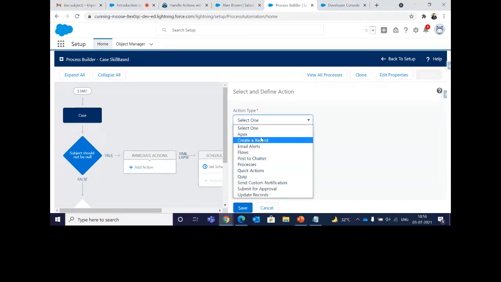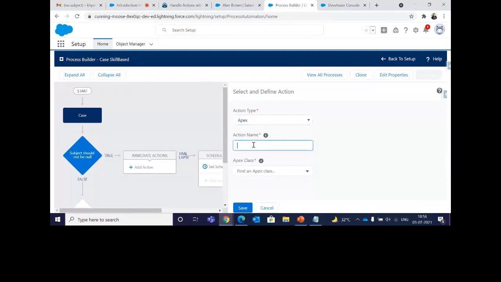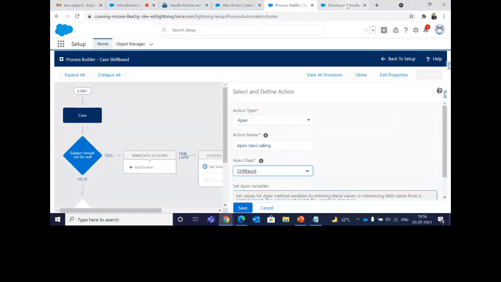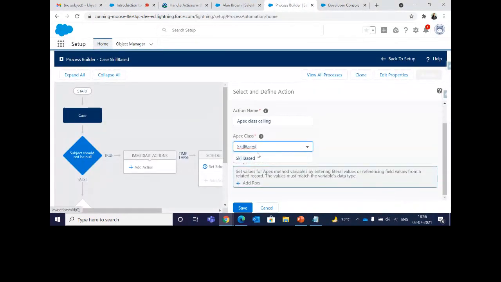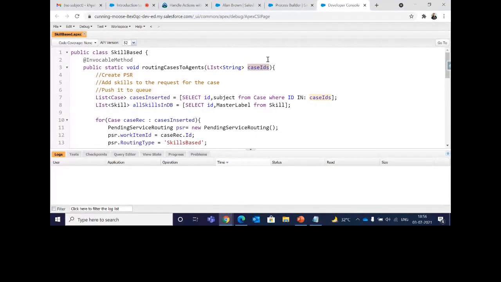I need to refresh this once. Go to the add action button, give Apex class calling, and hopefully we should see the Apex class now. Okay, so this annotation is a needed one if you want to call this class from any workflows. Now there is a case ID that is being routed every time. Where will the case ID come from?